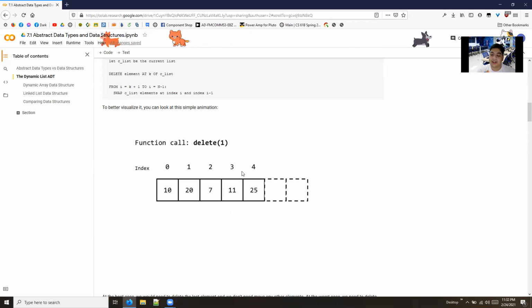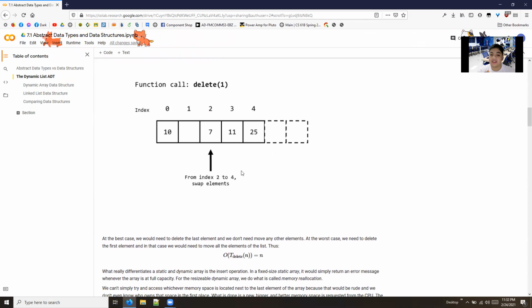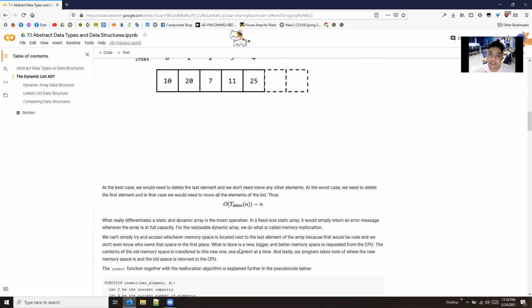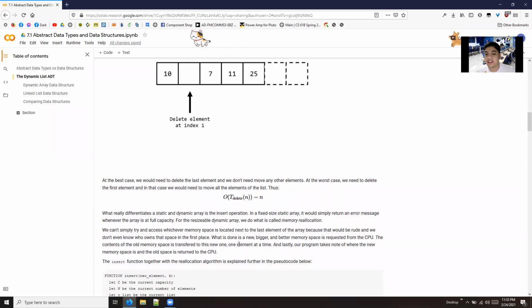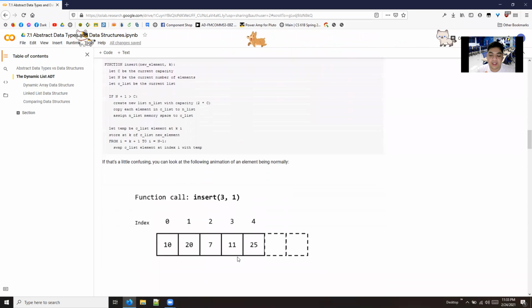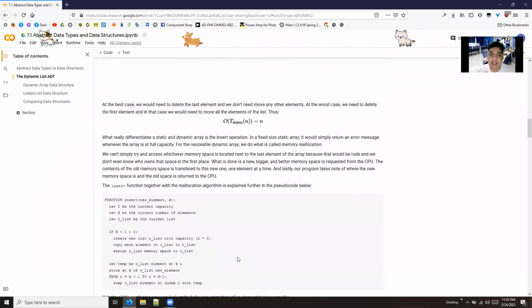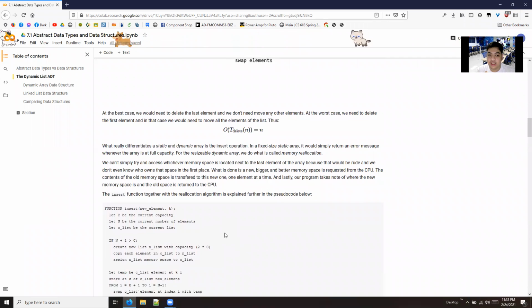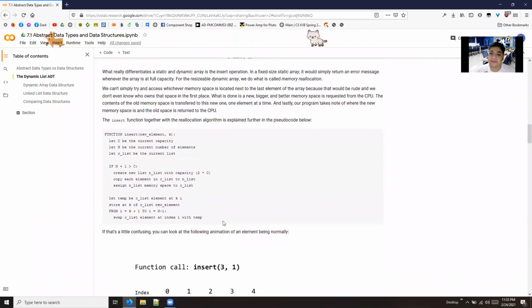Because of that, we can say that the time complexity of deletion in a dynamic array data structure is O of n, or linear time, depending on the current size of the list. What's most interesting about the dynamic array data structure is the insertion operation.